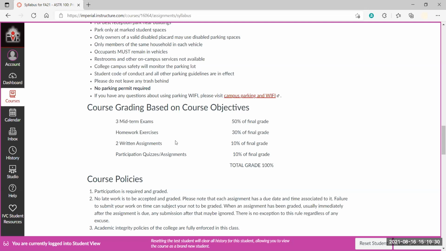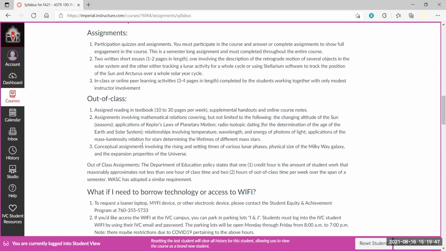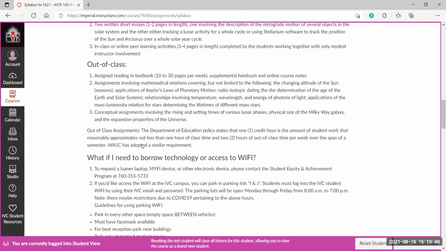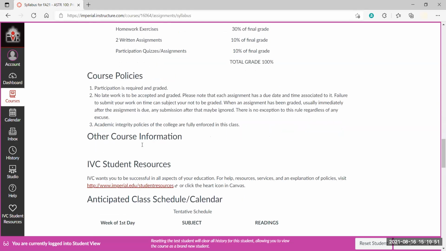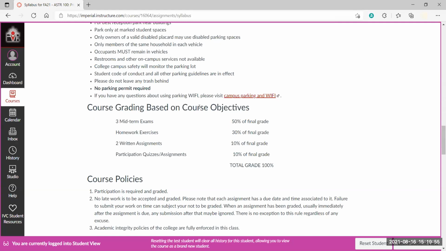The written assignments, there are 2 of them, 2 projects, so we're going to be talking about them. One of them involves the observation of the moon over a span of 4 weeks, okay? And the other one, I think I talked about this one in here, and that involves the software I'm going to show you right away, which is called the Stellarium, okay? And there will be homework assignments and of course the exams, okay?